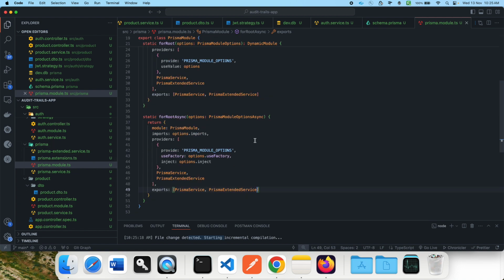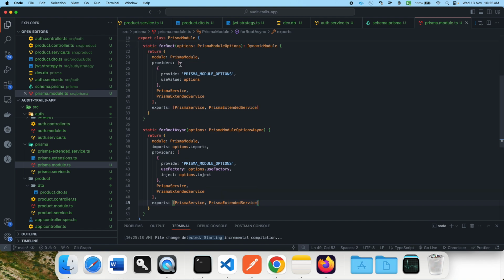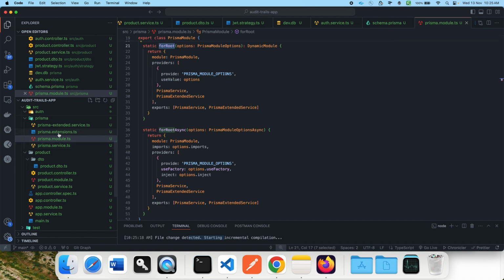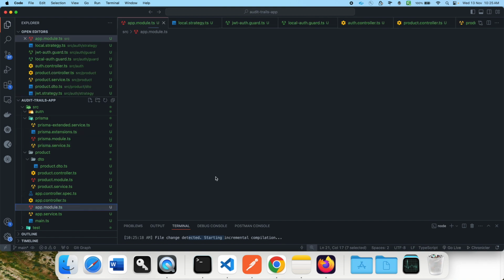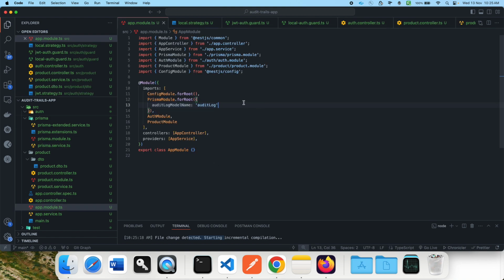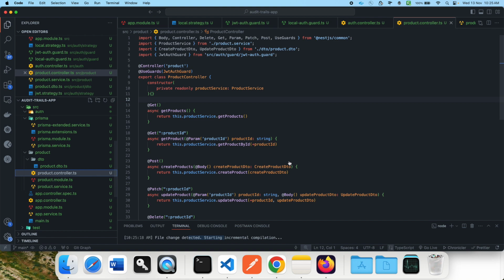Alright, now that we have figured out what our module configuration will be, and we are using forRoot right now, if I go back in app module, here we are using forRoot and passing audit log. So what will happen now? Let's say in product controller,